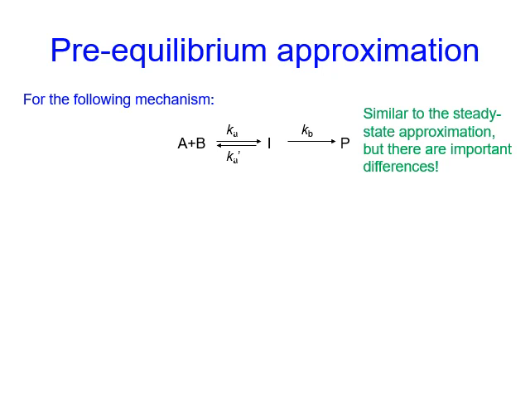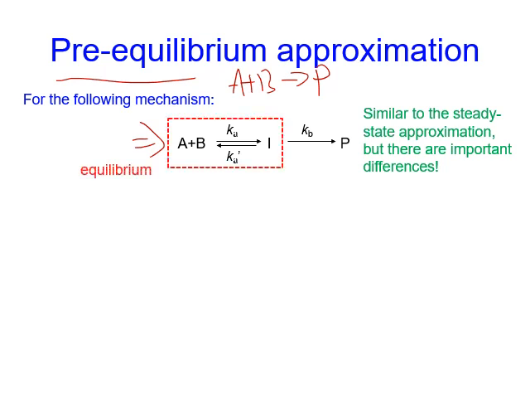In the last slide, we showed an example of overall reaction A plus B forms P, and the mechanism is shown like here, and we use a steady state approximation to derive the rate law as homework. Now there's another approximation called the pre-equilibrium approximation that is very similar to the steady state approximation, but there's some important difference. In this approximation, we assume the first step is already in equilibrium, and therefore we can write the